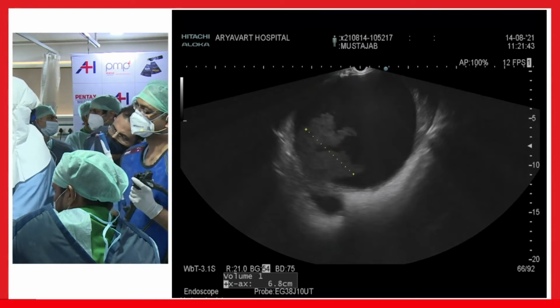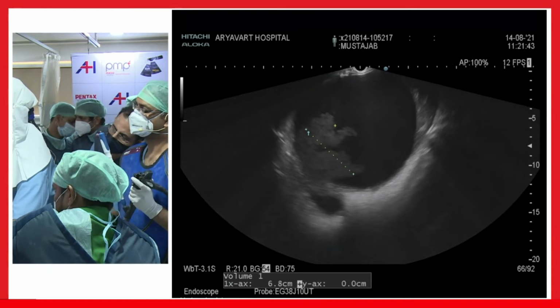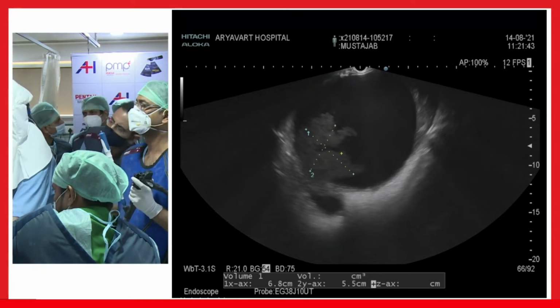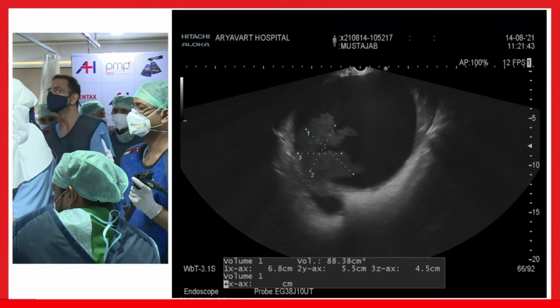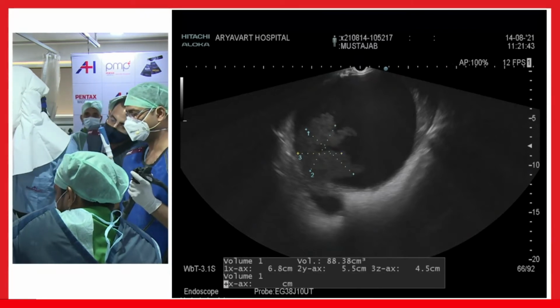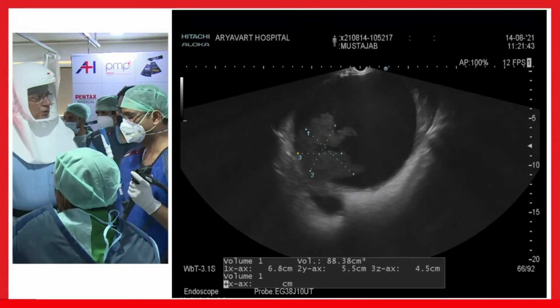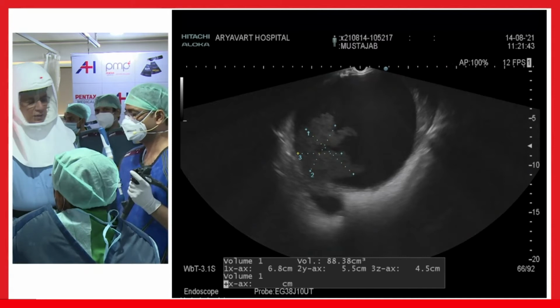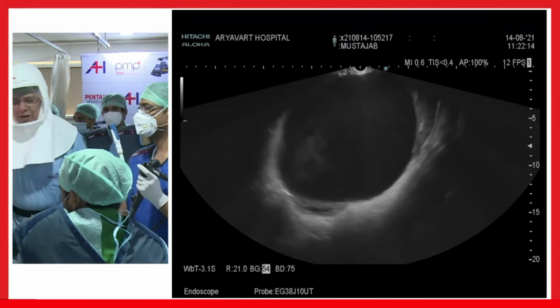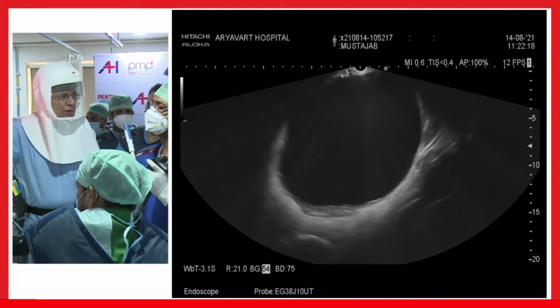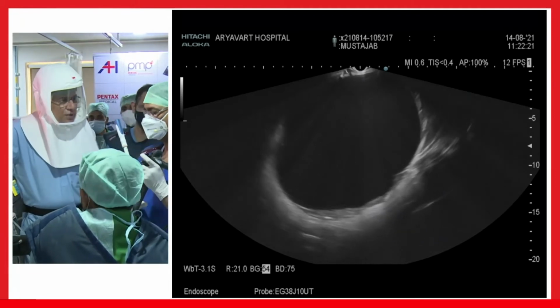So this is one axis, this is two axis, and so we measure it in three axes and the volume automatically comes. So this is how much? 88 ml. So we compare, this is 2000 versus less than 10. So we morally accept that we need to place, whether it is debris or no debris, a plastic stent.